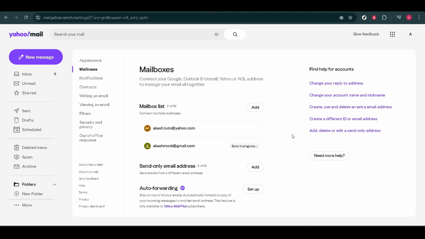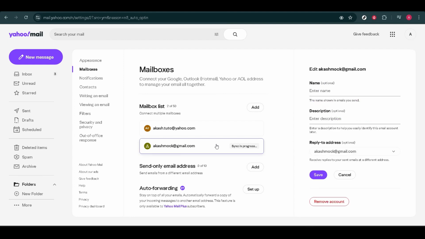In most cases, keeping the default selections will work perfectly for forwarding emails. Finally, Yahoo will ask you to verify the Gmail account you entered. A verification message may be sent to your Gmail inbox. Simply open Gmail, find the verification email, and confirm the request. Once the verification is complete, your Yahoo Mail will begin forwarding emails to your Gmail account automatically. And that's it. Your Yahoo emails will now appear directly in Gmail, making it much easier to manage everything in